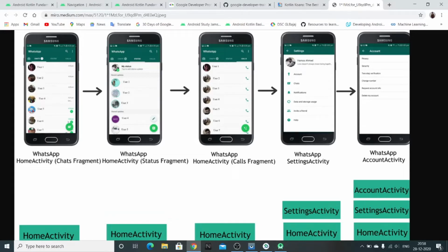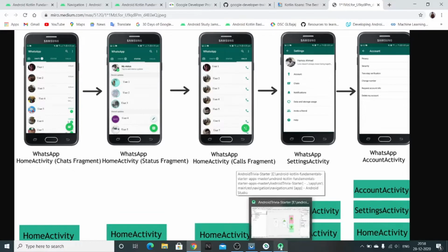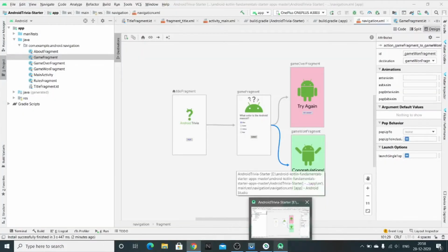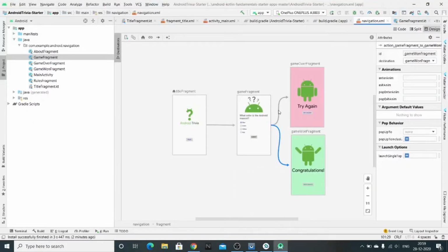So, to control all these, we have this pop behavior. Just click on this action, this arrow that is telling the navigation, and then you will find this pop behavior attribute.